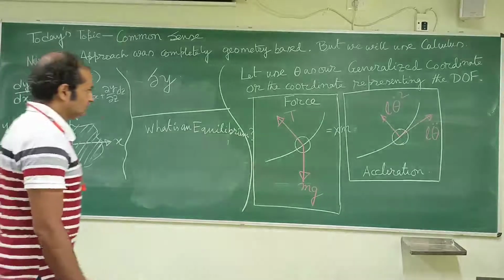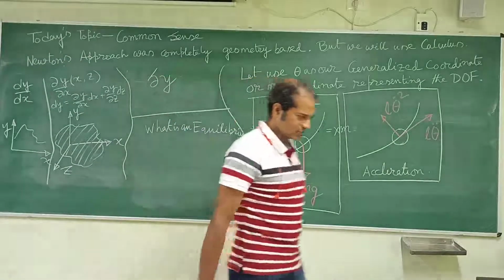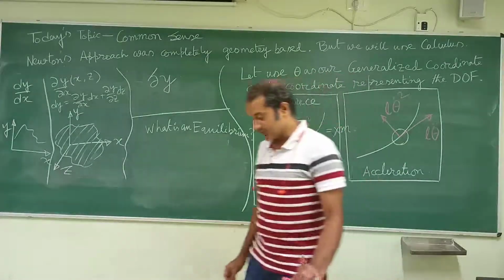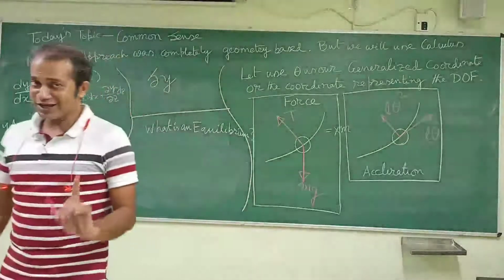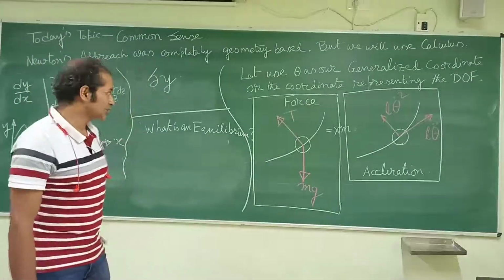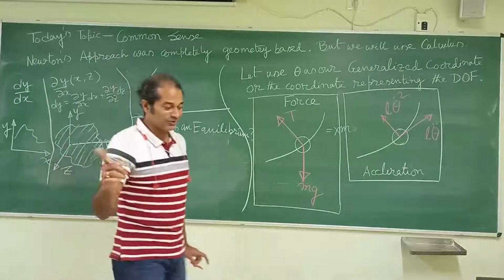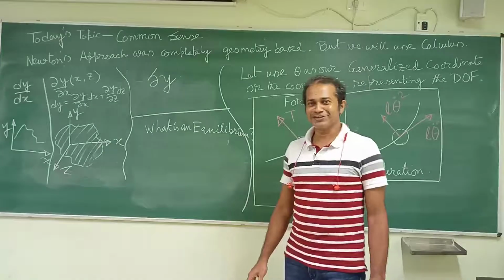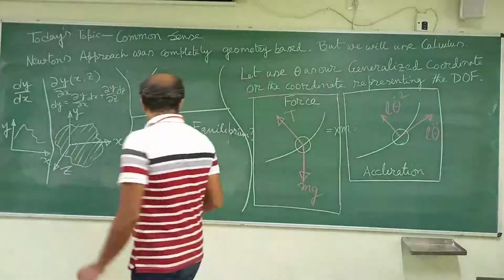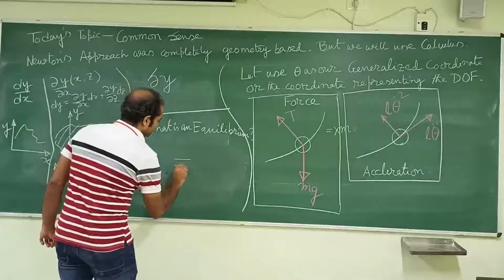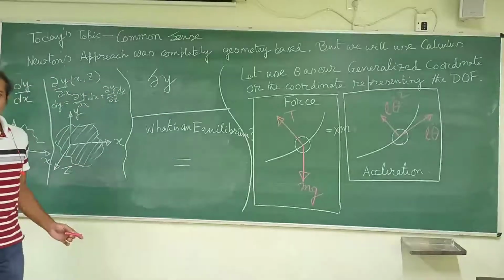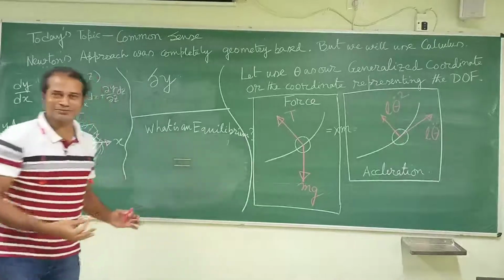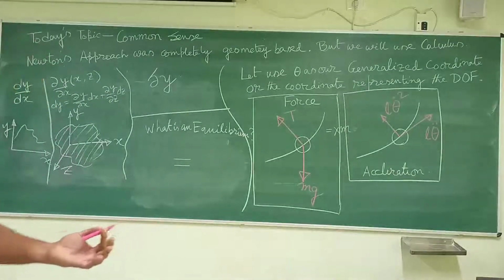I think you are thinking in very complicated language: generalized coordinates, degrees of freedom, all these things. But please, don't make it complicated. It is absolutely simple. If you are thinking in a complicated way, then I am going to refer to that movie, 3 Idiots, the definition of machine. It's not that complicated. The equilibrium is just the equal. Something is equal to something, then it is in equilibrium. Otherwise, it is not in equilibrium.